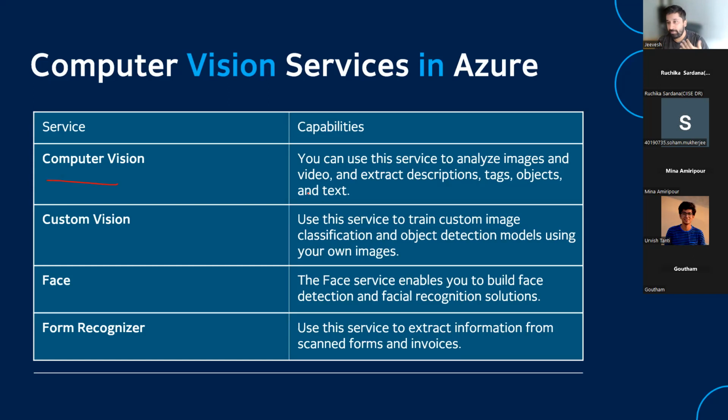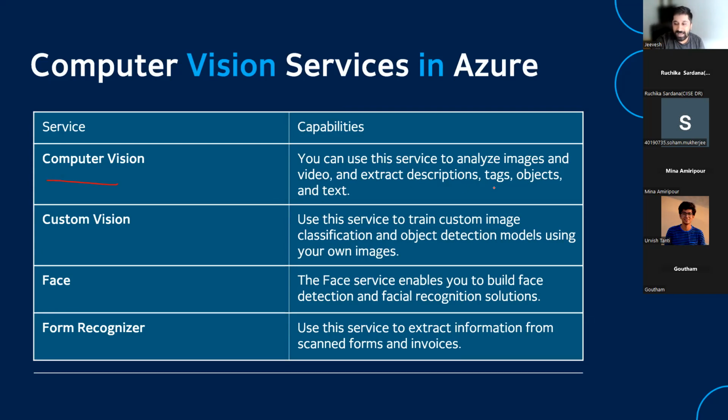And if it is someone like me who's not recognized, or someone who is not a celebrity, and you pass that to computer vision, it'll be like, hey, it was a guy who was talking about this, and the person also talked about this. This is what I can tell about the person. This is the approximate age of the person. This is what the person's lighting condition was, or whatever.